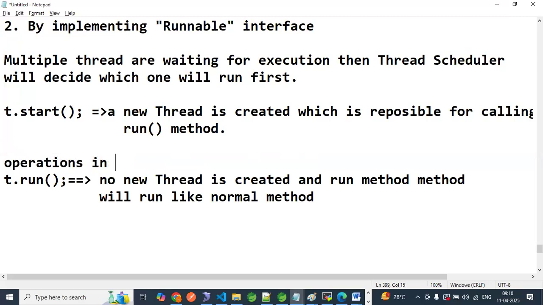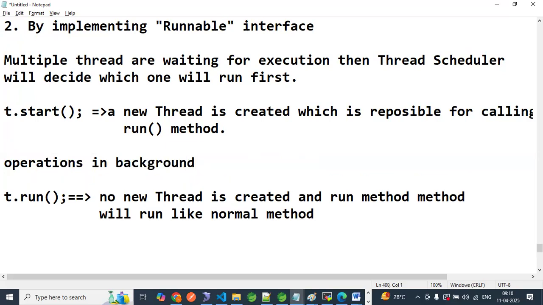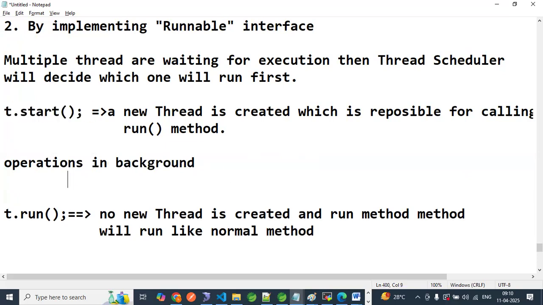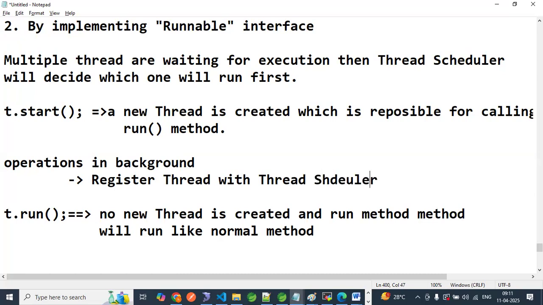What operations is it doing in the background? I'm talking about t.start. The first thing it does is register the thread with the thread scheduler. Thread scheduler is a part of the JVM. Okay? The next is